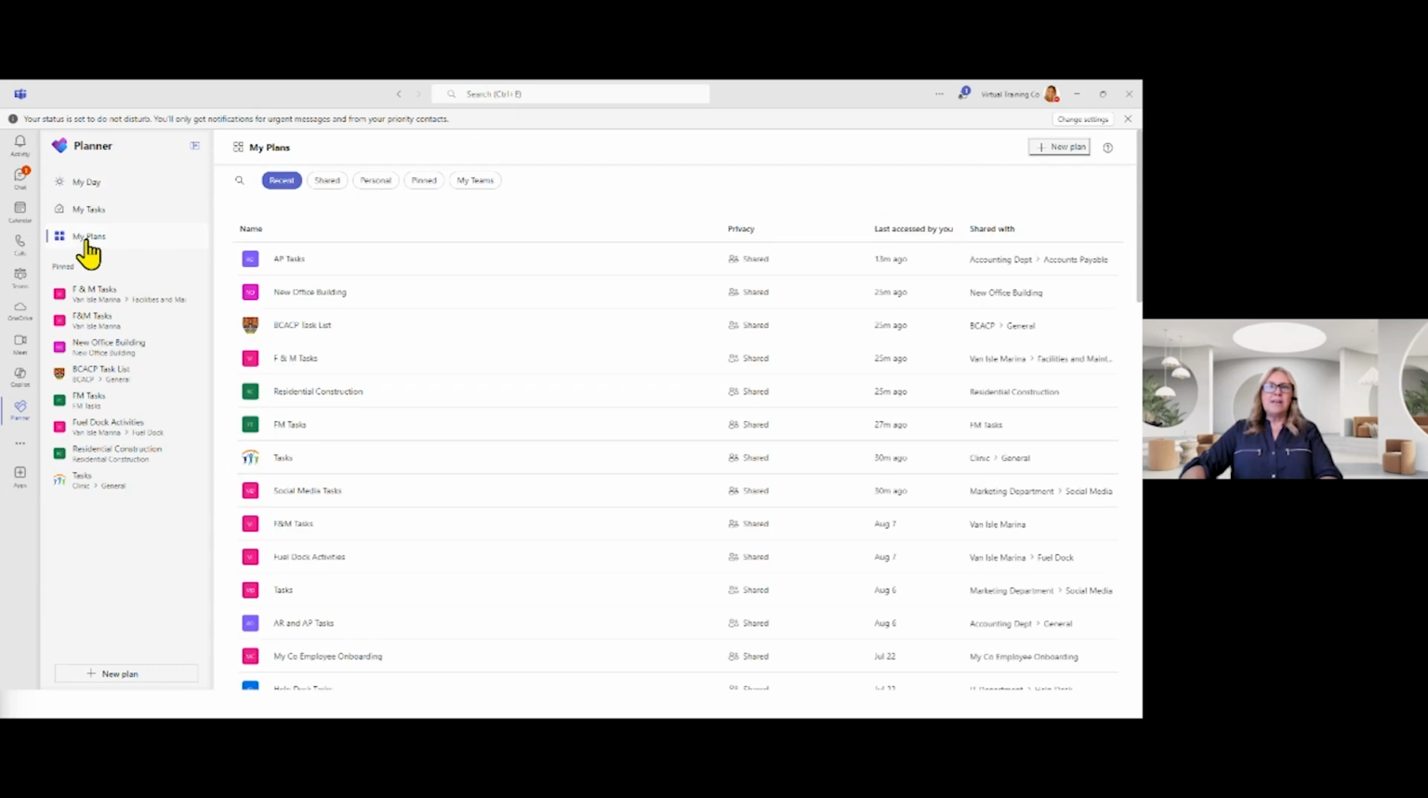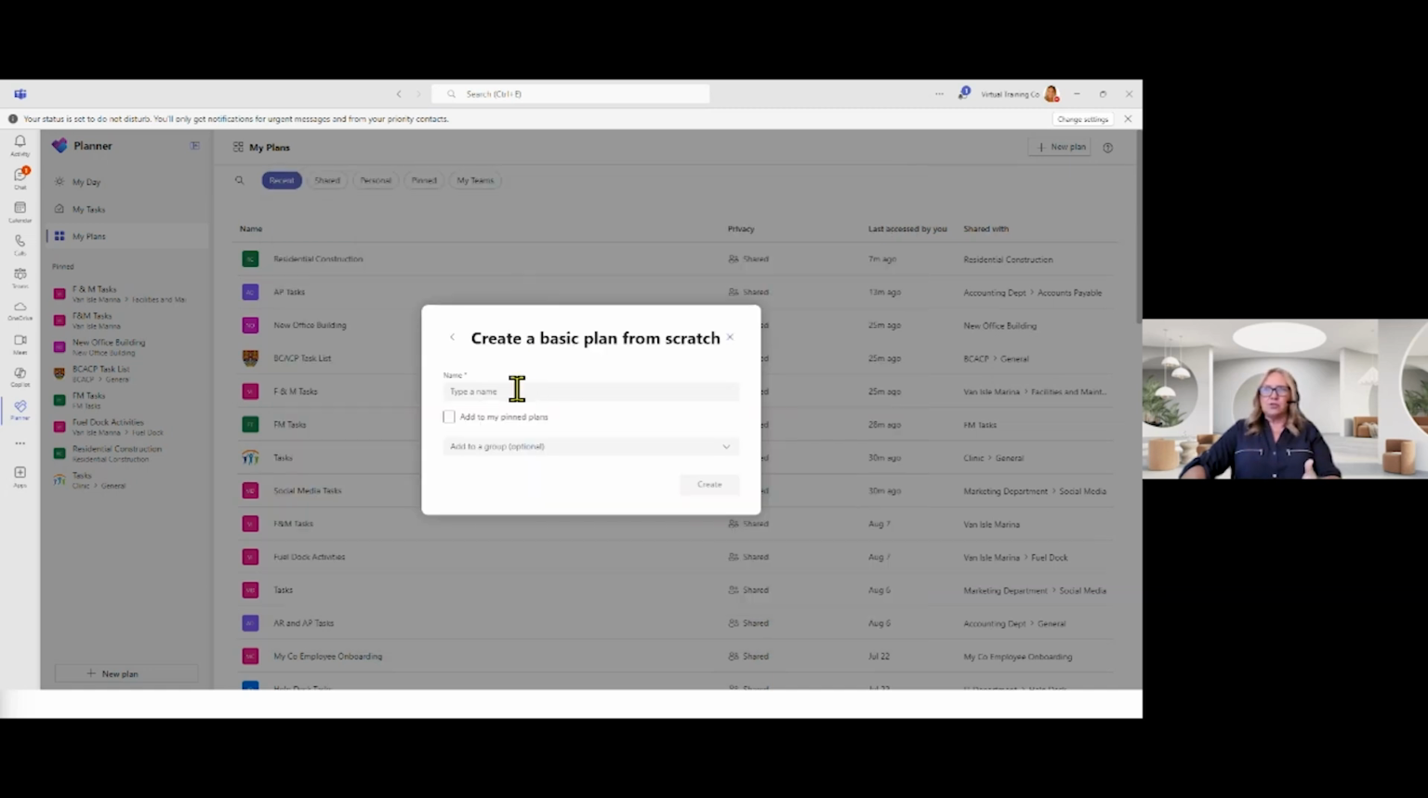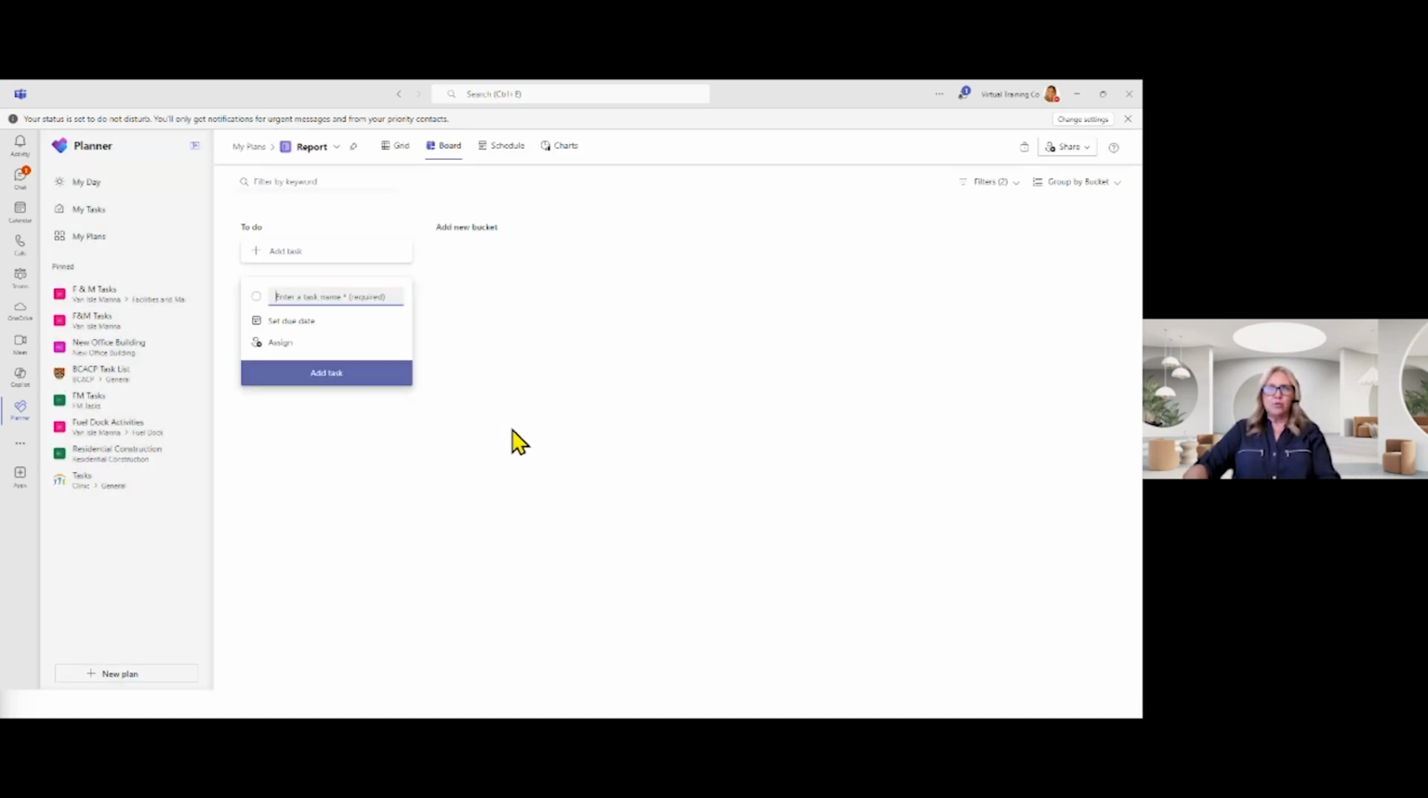plans. When I'm in my plans at the top right, when you go to the new plan, you can choose. I just want to start with a simple plan. I want a basic plan. You can start from scratch. It's optional to add it to a group. It can just be you and whoever. So if I say I want this to be reports, I'm going to click create without creating a group, because